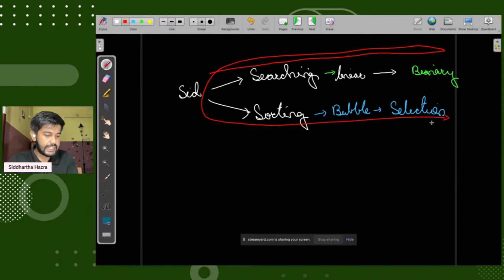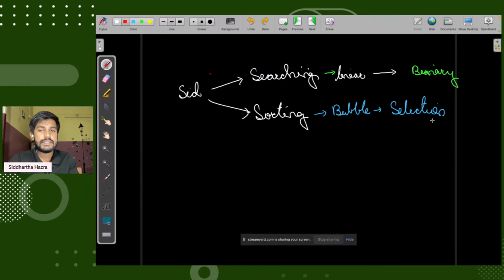If this was to be done, I can simply say that we can use DFS. But suppose I want to first complete searching and sorting definitions, then complete linear search and bubble sort, then binary search and selection sort.